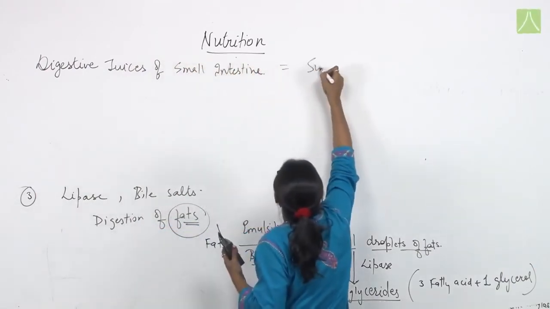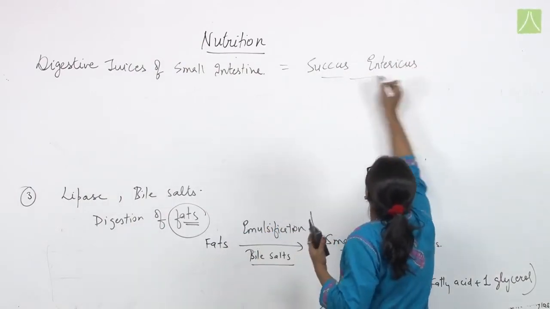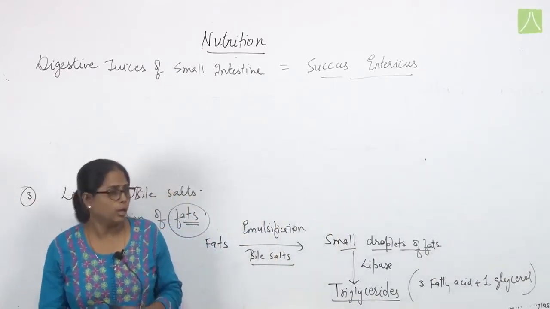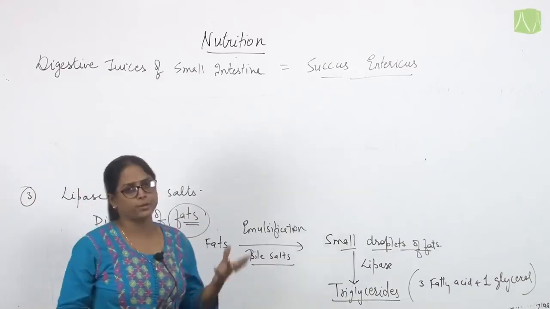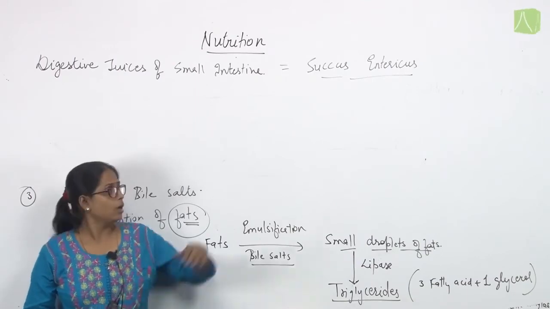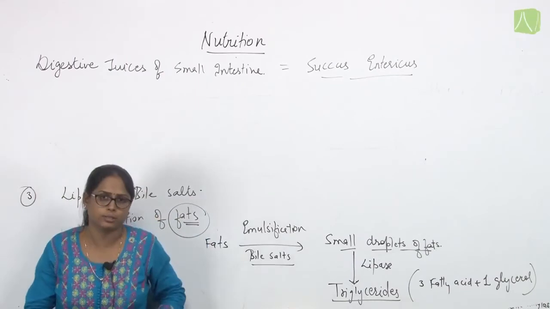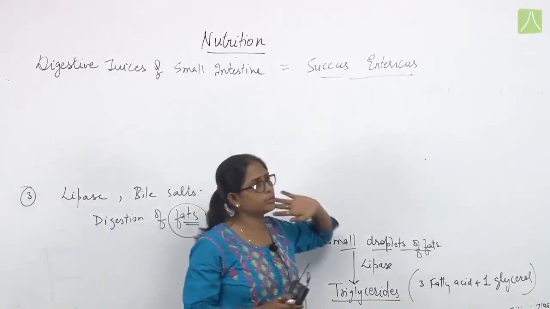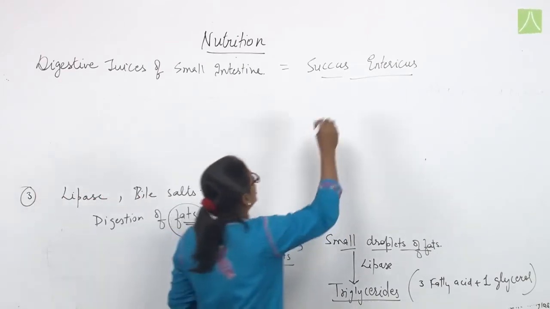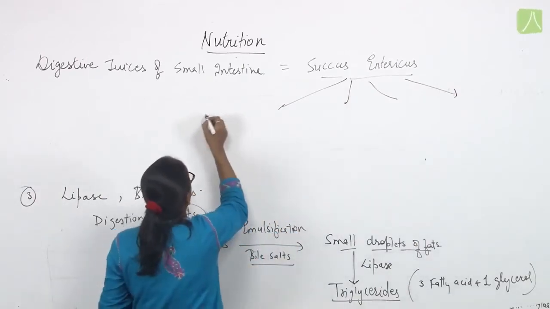Collectively known as succus entericus. Now after secretion of the pancreatic juices and the bile juices in the duodenum, when the juices of pancreas and liver are acting on the components of food, whatever food component remains left to be digested is then again acted upon by the digestive juices secreted by the small intestine, that is succus entericus. Now this juice also contains various enzymes, like we can say